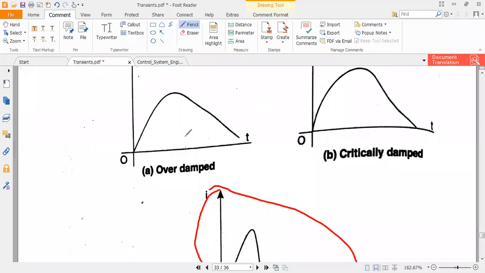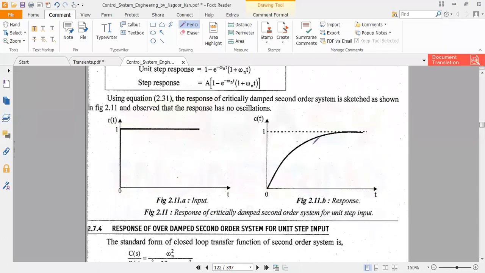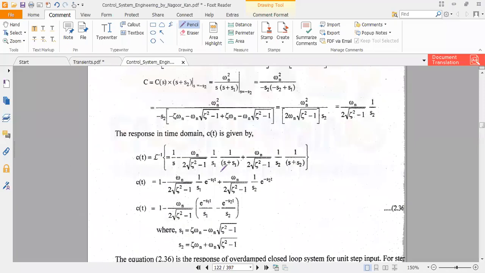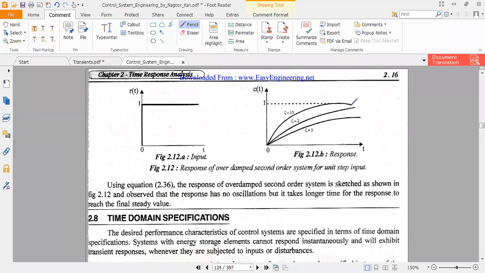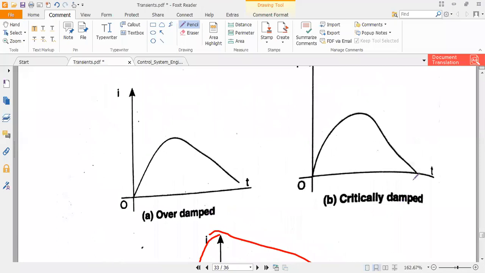And similarly, if it is the overdamped case, you can see here this is critically damped. It will go and reach the steady state at some time, and then for the overdamped case, it is almost like the critically damped one, but it will take more time to reach the steady state when compared to the critically damped system. Here the critically damped system has reached the steady state at this particular point, but the overdamped system will not reach at this point, maybe it will reach somewhere later, after some other time it will reach the steady state.